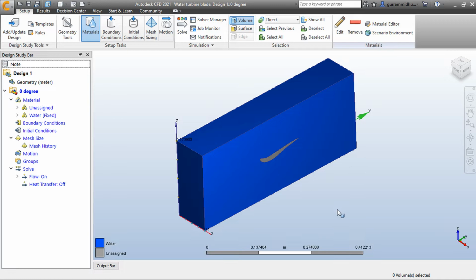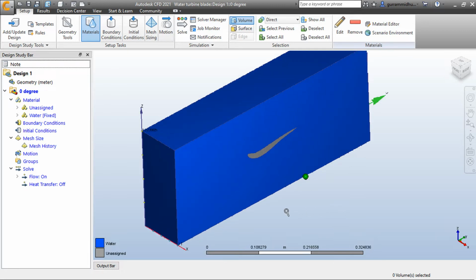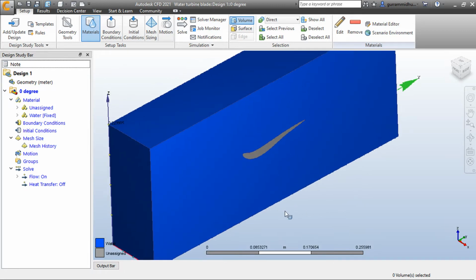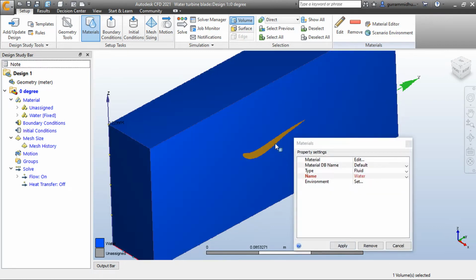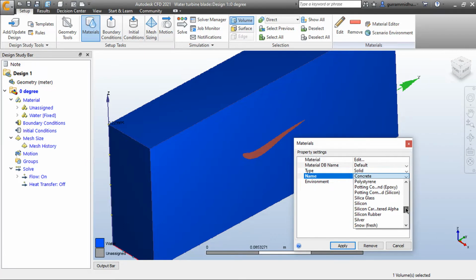The working fluid is water. Just zoom in for selecting the blade. Select the blade and select the edit icon as you have did before, and now change the type to solid, and the material be stainless steel 308.